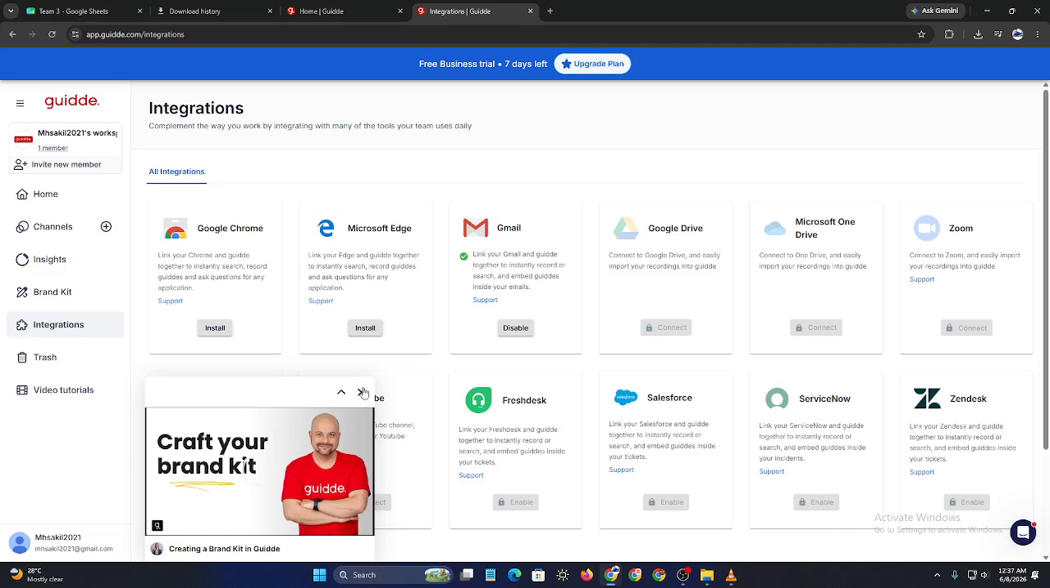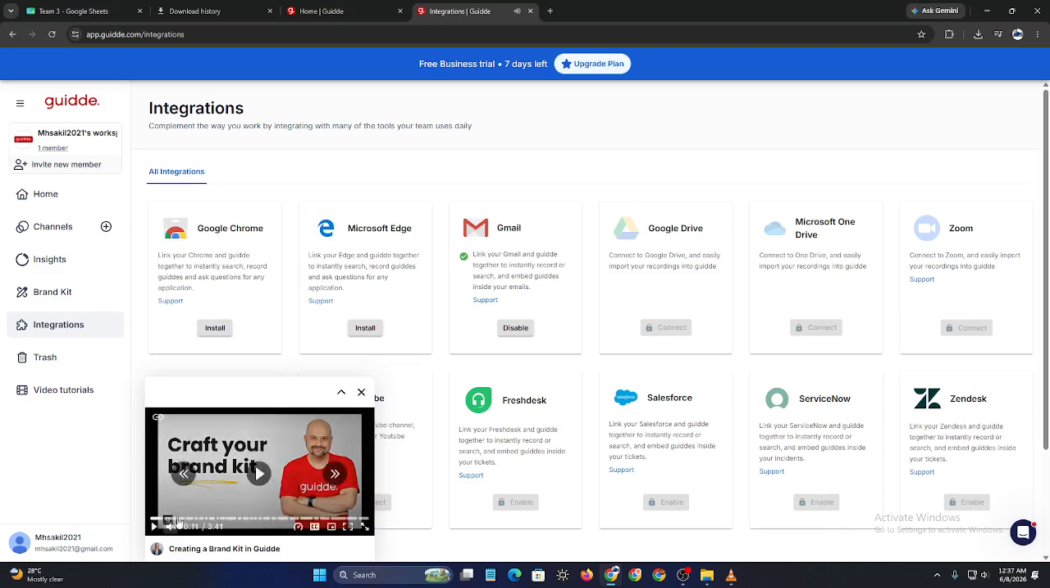If you're just getting started, the free plan is a great way to learn the platform and test its AI-powered features before deciding whether you need a